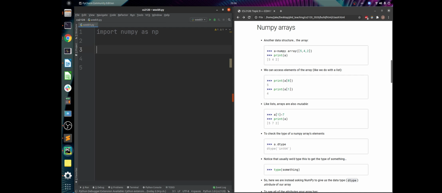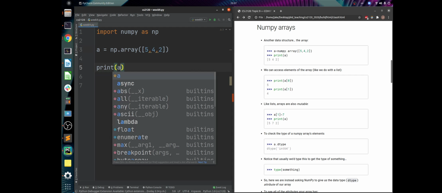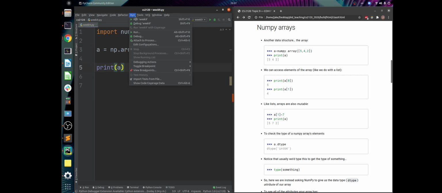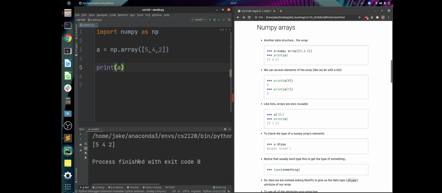So how do we make an array? We could say a equals np dot array, and within the brackets we have square brackets to define the array. This is just a one-dimensional array. It's 1 row and 3 columns. If we print this, we'll see that it's similar to a list, the difference being that there are no commas between the values. So visually, that's how you could tell an array from a list. There's some other differences, but